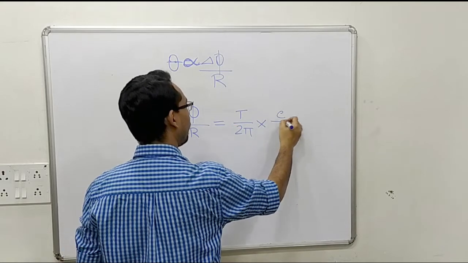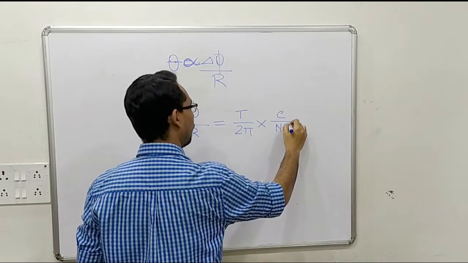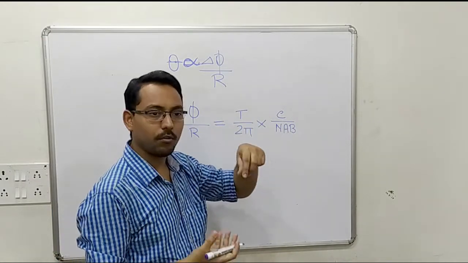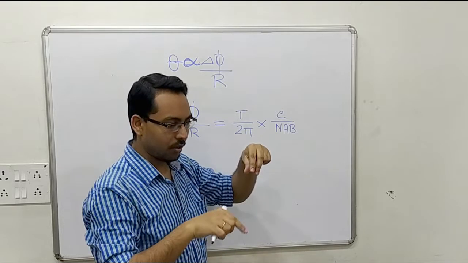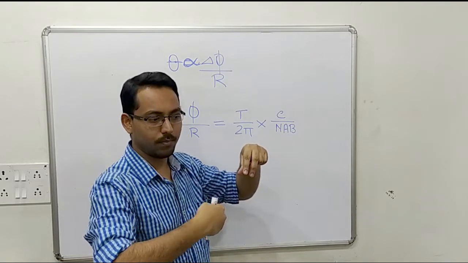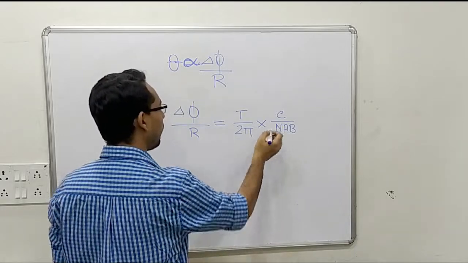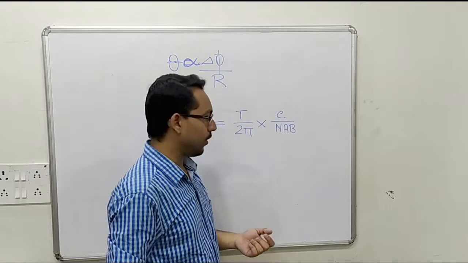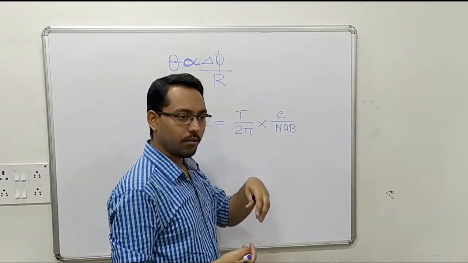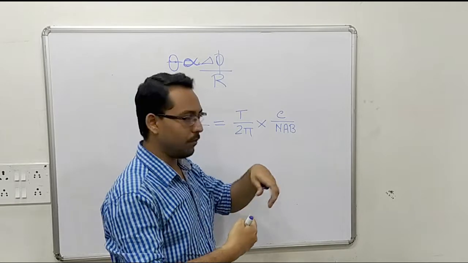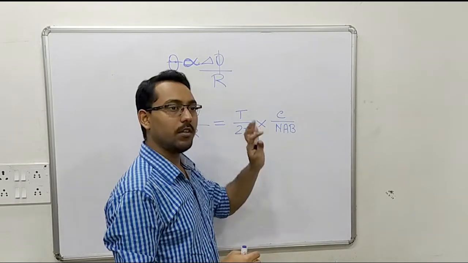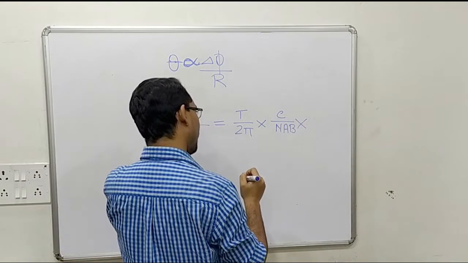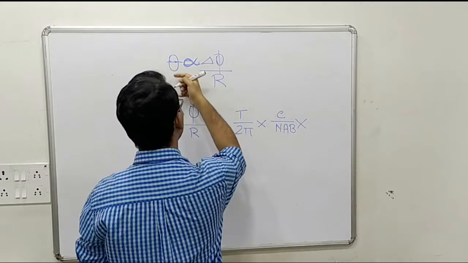into C by N A B, where C is the torque constant of the torsion wire on which the inner coil is hung. N is the number of turns of that inner moving coil of the galvanometer. A is the area of cross section which is linked with the magnetic field of the permanent magnets. You will see these details in that different video. T by 2 pi into C by N into this theta